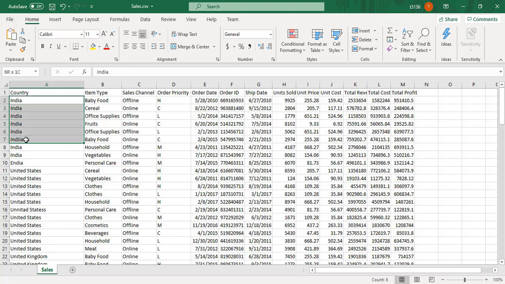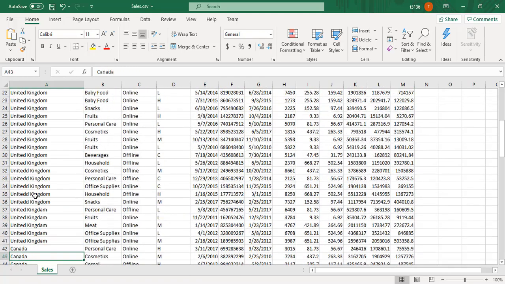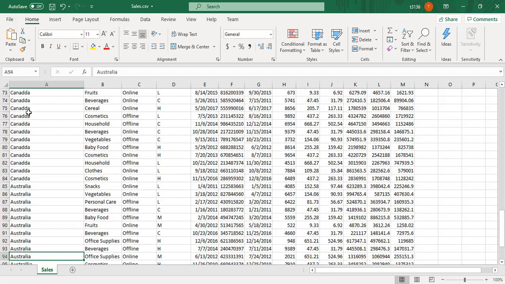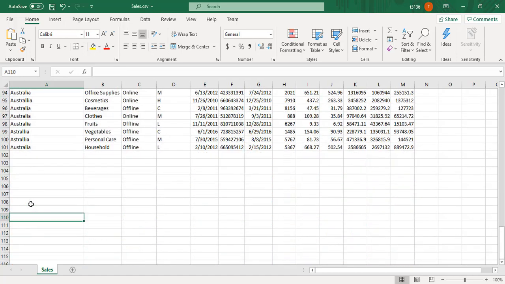What it is going to do is take the majority of values. Look, this value, India. Then it is going to correct the incorrect values. For example, India, it is going to compare with all the majority values, the correct values, and then correct this value. Then there are some other fields. Let me check. Canada, the majority values are correct, but there are some values that are incorrect. Look at the spelling. Likewise, Australia, there are only two to three values. This value, LLIA, the correct spelling is this one.